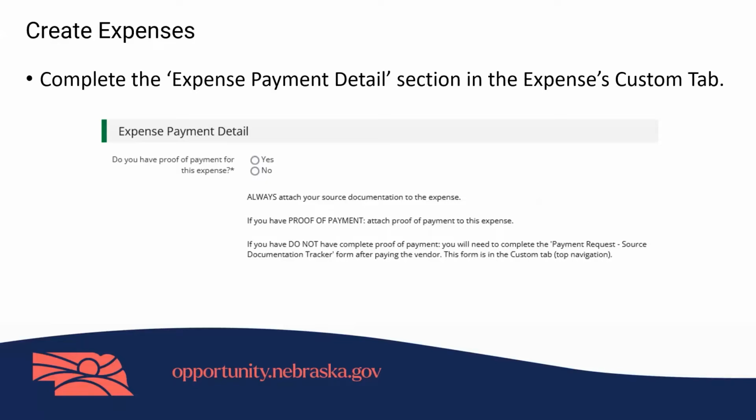And then below down here is just wording of kind of just what I said. You always have source documentation on the attachments tab. But if you do have proof of payment, of course, you do want to attach it. You'd say, yes, you do. And then it's just a reminder that if you do not have it, you're going to have to fill out